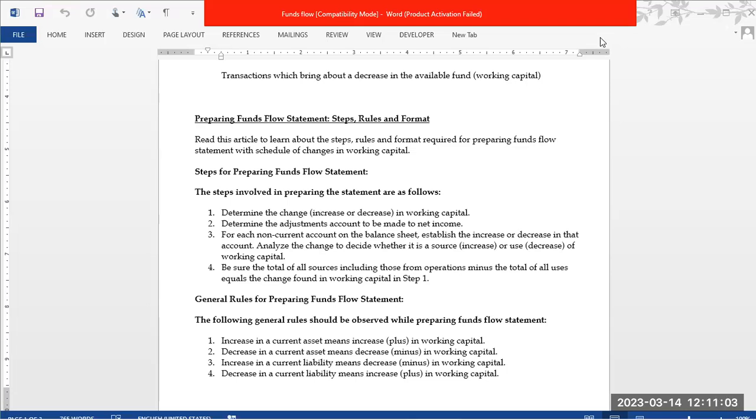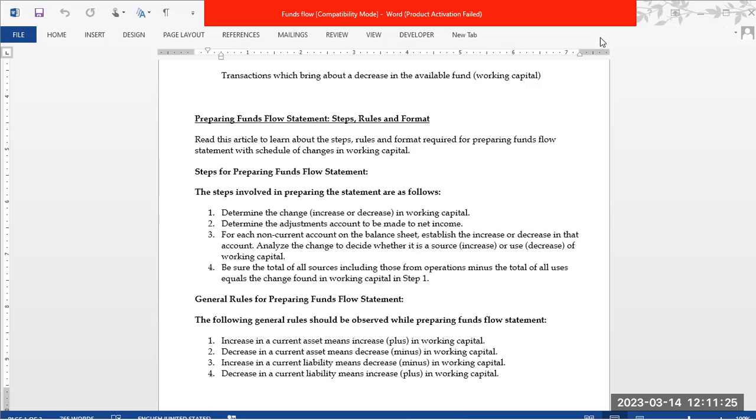The second step is to determine the adjustment account to be made to the net income. Our first step is to determine a change, decrease or increase, in working capital. The second step is to determine the adjustment account to be made to the net income. Then the third step,